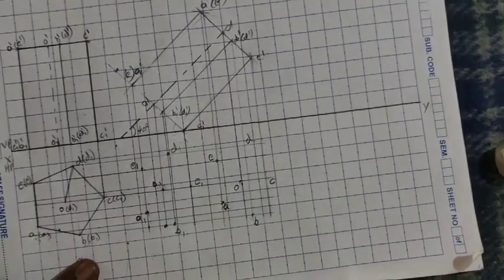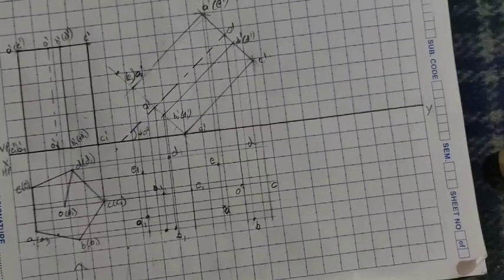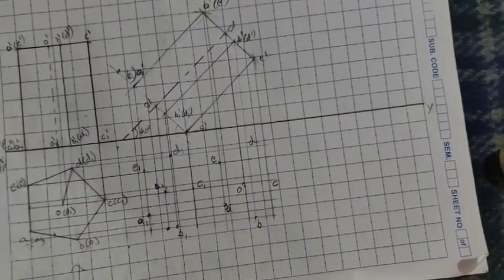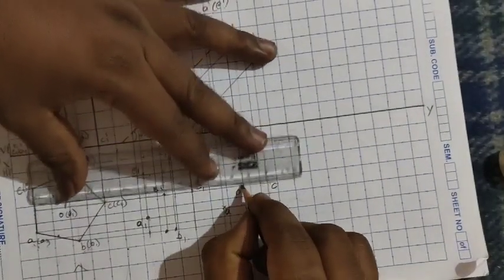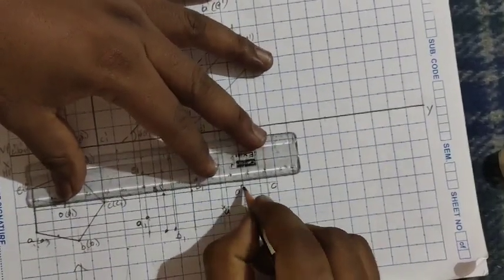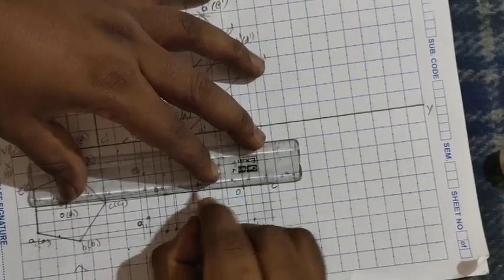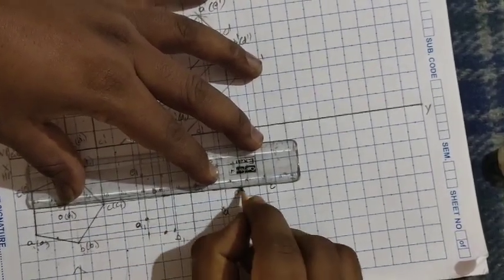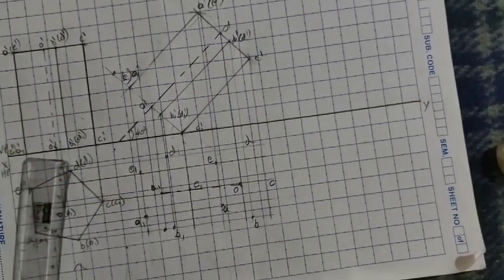So O1. Now we have to construct the top view. For constructing the top view, we should identify hidden lines. First, I'll draw the axis line. Everyone knows the axis line, I think; it has bigger and smaller lines. Axis lines never change. We have to draw the axis line. Next, now we have to check.